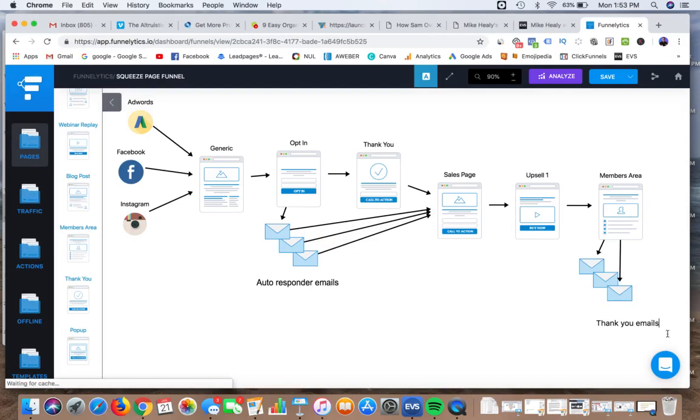Now I want to show you something really cool. If you notice, there's a save button on here. You can save this, like I have it labeled as a squeeze funnel, or you can save it as a template, which would add to this folder right here, or you can export it as a PNG. So you probably noticed that I've used some of these because I've built them out. A PNG just means that there's no background to it, no white background, so you can put these on any background,